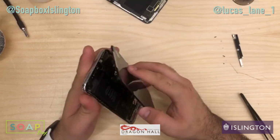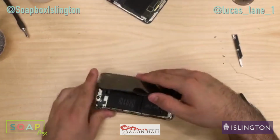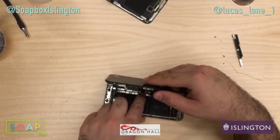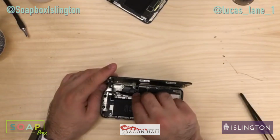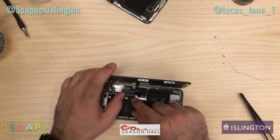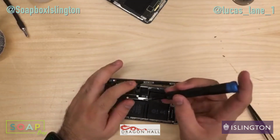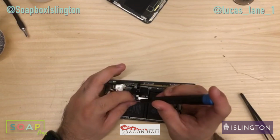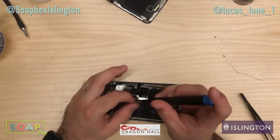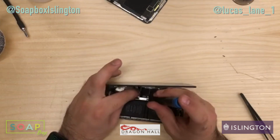Let's get all these screws back on and stick it all down. But yeah, that is the process of replacing the OLED, well, LCD, but these are OLED screens. People put LCD screens on them. They look horrible. So okay, OLED screens are